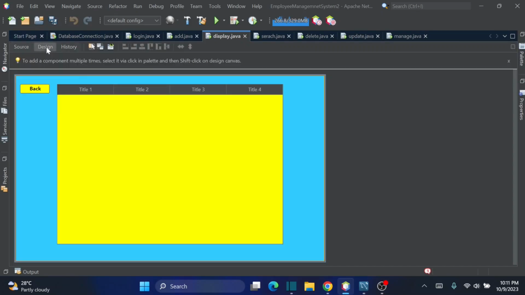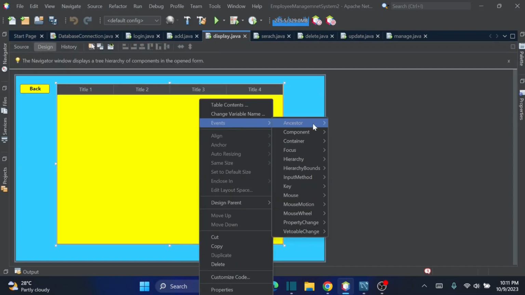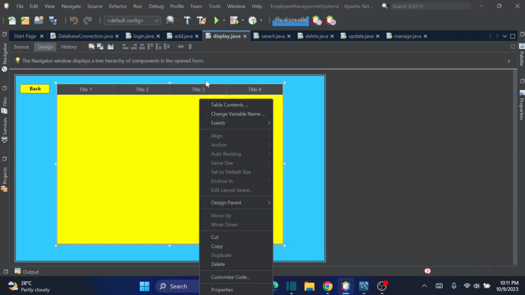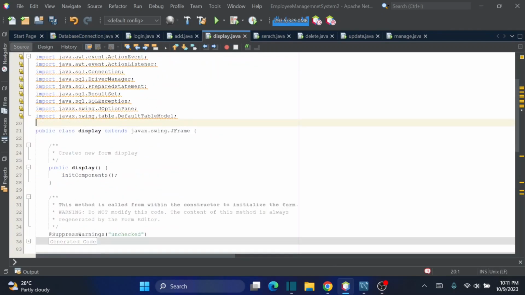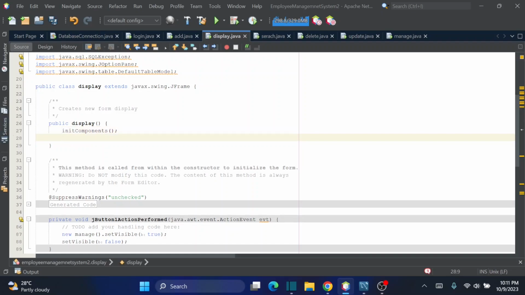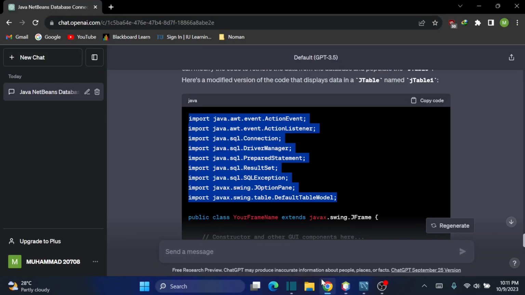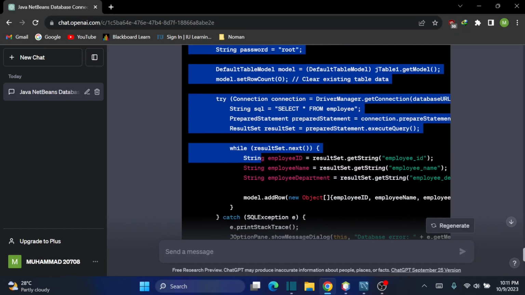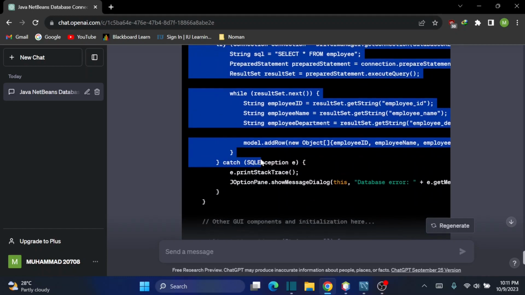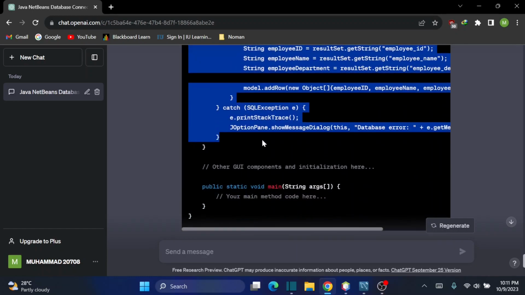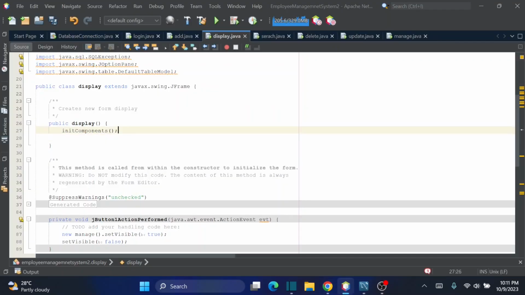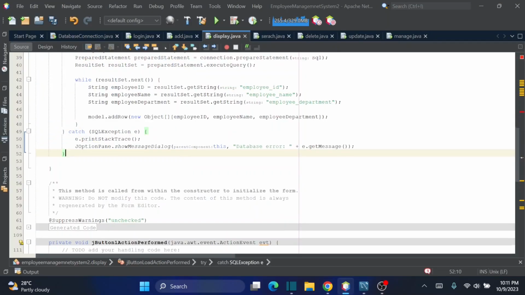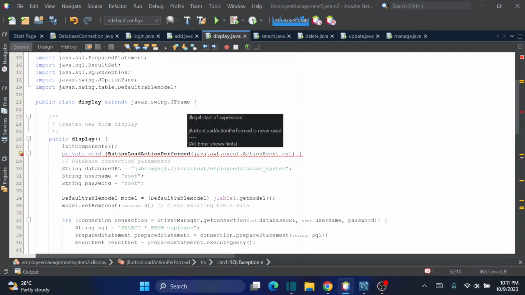Now I go to the table and go to an event. You need to go on the upper side and write the code here, public display. So you have to copy paste it. I copy it and paste it. This is the constructor. Now I copy and paste the data from